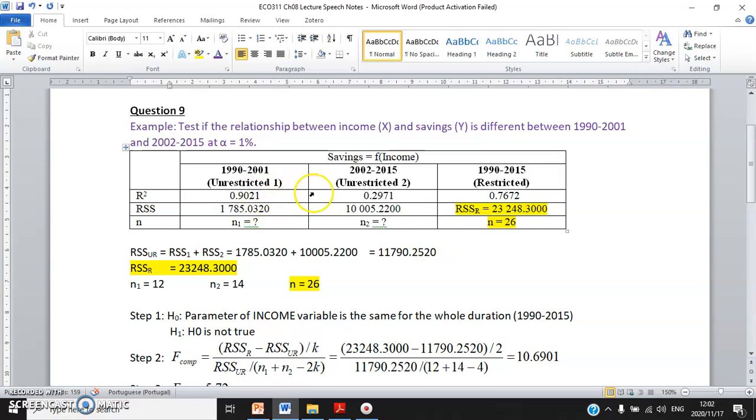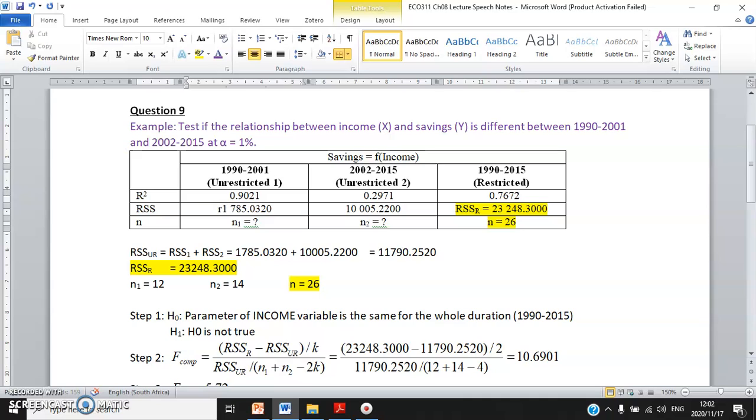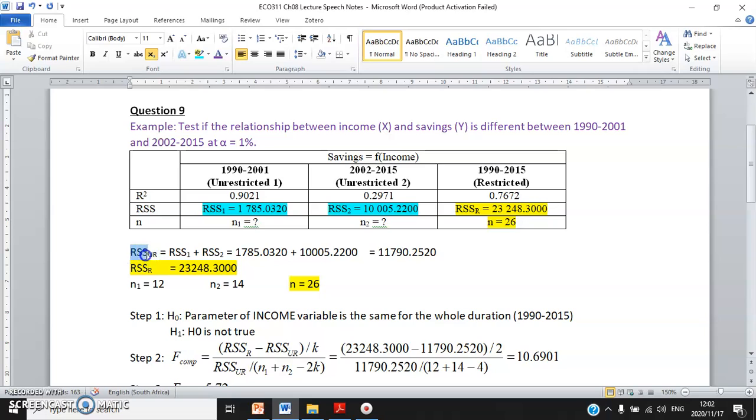And then for the residual sum of square of the two unrestricted regressions, we call them RSS1. So this is the residual sum of square from the first unrestricted regression. And then for the other one, it is called RSS2, residual sum of square of the second unrestricted regression. And then what we need to do is the following. We need to derive RSSUR. It means the total residual sum of square of the two unrestricted regressions. All we need to do is to add RSS1 and RSS2 together. This is how we derive the answer,